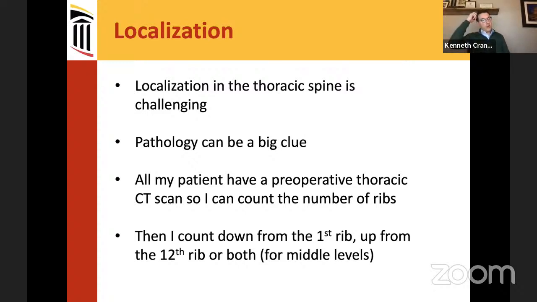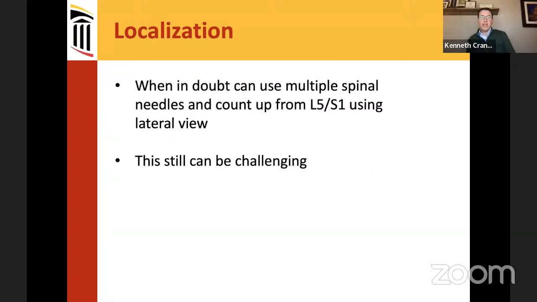Even if we're not talking about thoracic kyphosis, where we almost always have a CT scan looking at the bone, any patient, even if it's an arachnoid cyst or something that's getting a thoracic procedure, gets a CT scan so I can count all of the ribs and make sure I understand their thoracic anatomy. And then I either count down from the first rib or I count up from the 12th rib, or both if it's a middle level. And when in doubt, you can use multiple spinal needles and count from L5, S1 for the bottom,